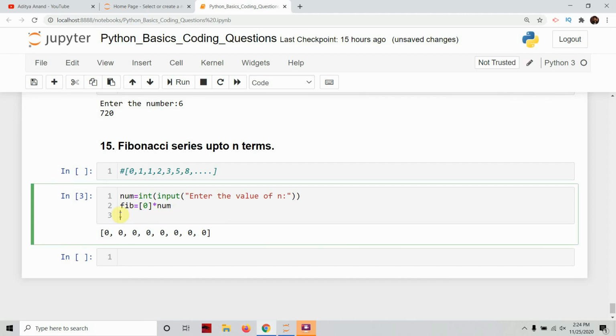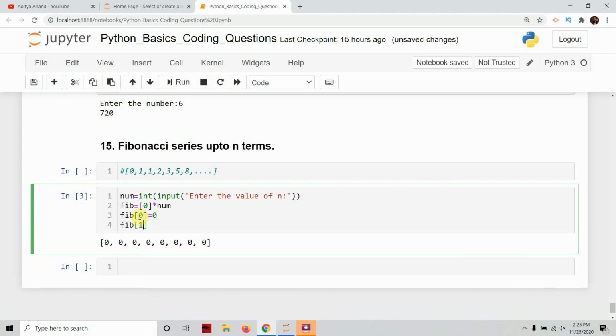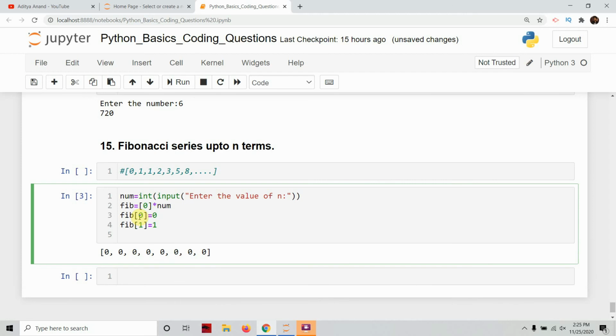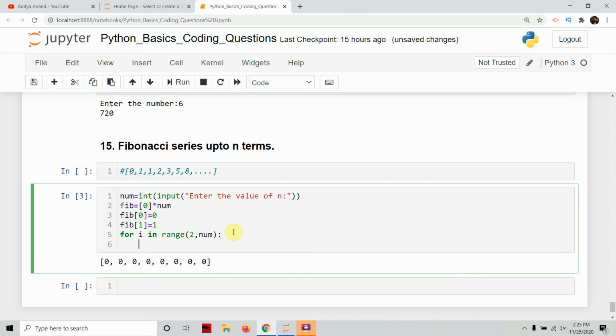Now what we have to do is make this 0 because that is the initial configuration, right? Fibonacci of 0 is equal to 0 and Fibonacci of 1 is equal to 1, right? From the next element onwards, for i in range from 2 to less than that number, because it starts from 0. So for the 8th term the index will be 7, right? So 2 to num, what we do is